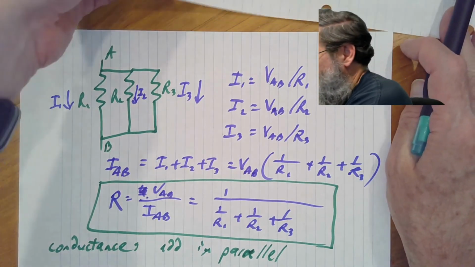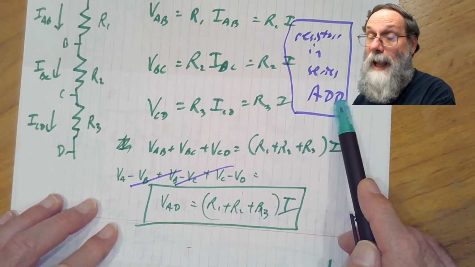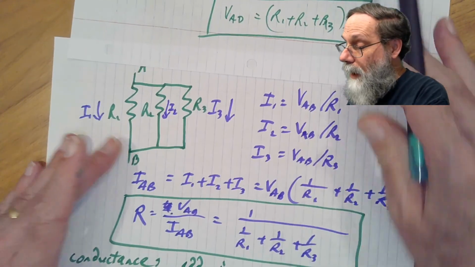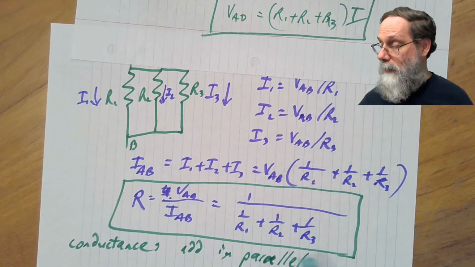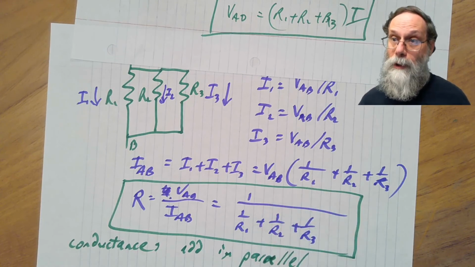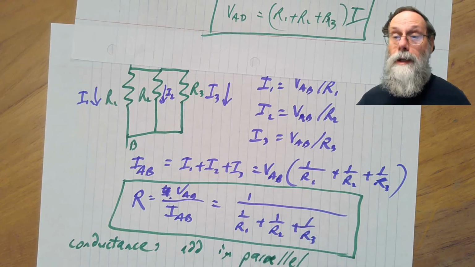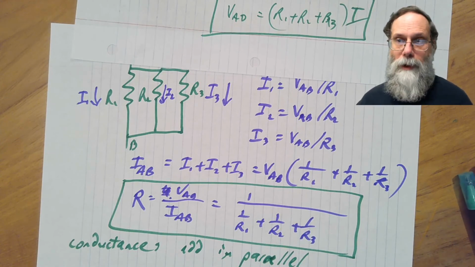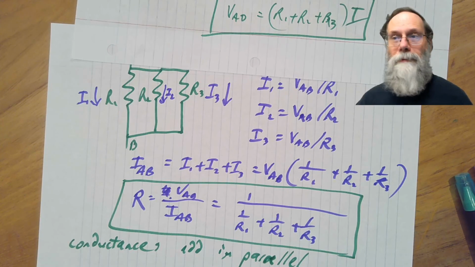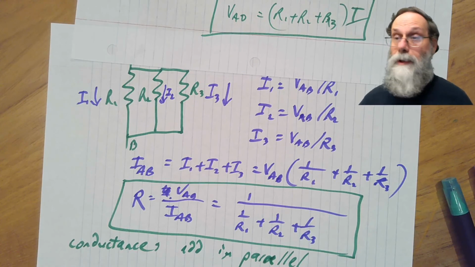So what we have are 2 very simple rules. Resistance in series adds, conductance adds in parallel. And from that you get 2 formulas, R1 plus R2 plus R3 for series, and 1 over R1 plus 1 over R2 plus 1 over R3 in parallel. Those 2 formulas are important enough to be worth memorizing. There's very little memorization work in this class, but those 2 formulas are worth the effort because you will be using them over and over and over again.